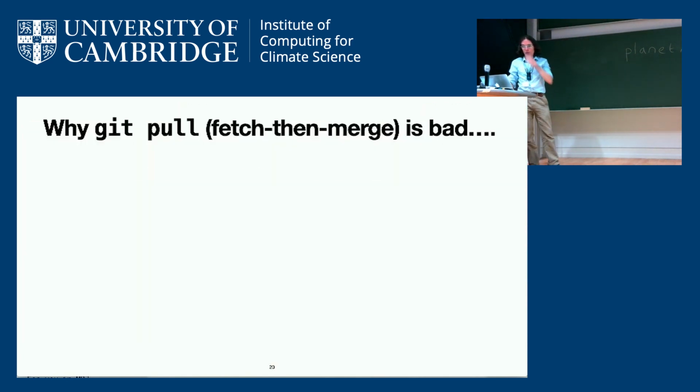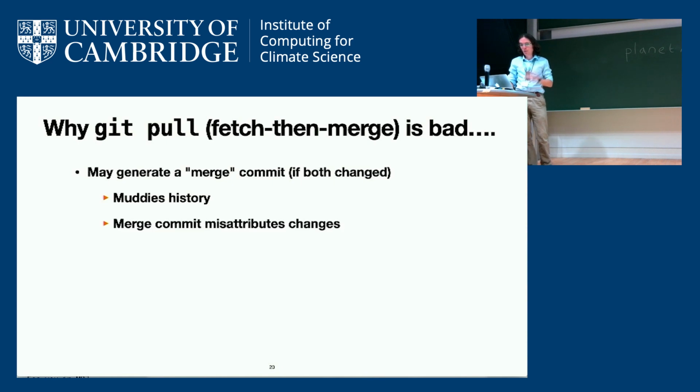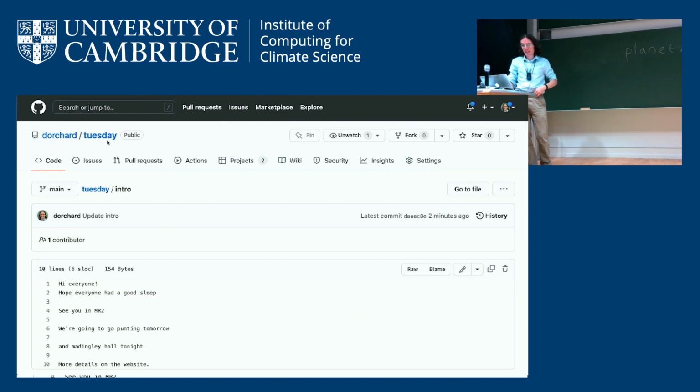However, it often creates this extra merge commit, and over time that can be a bit frustrating because it sort of muddies the history of your repository. If there's all of these merge commits in there, it adds some extra noise. If every time someone has to do a pull and maybe they've got some local changes, you're creating a merge, it adds a lot of extra things into your history, which it turns out is not really necessary. There is a way of avoiding this situation. And also, if you're looking at the merge commit, on its own, it misattributes